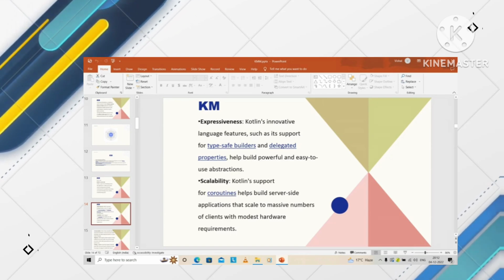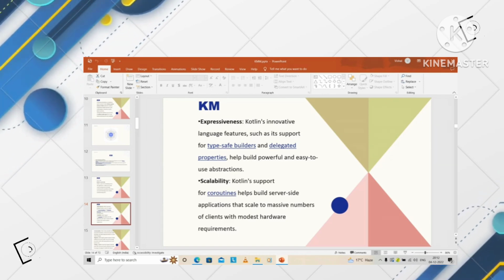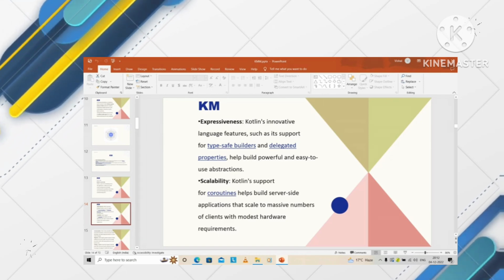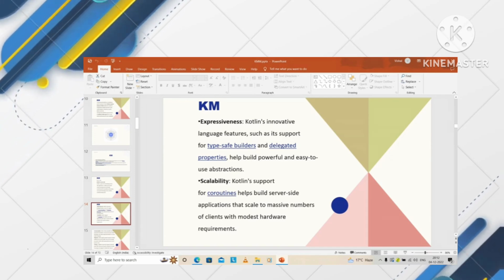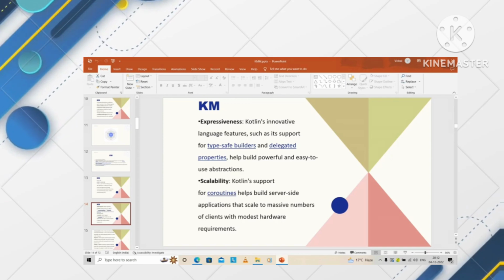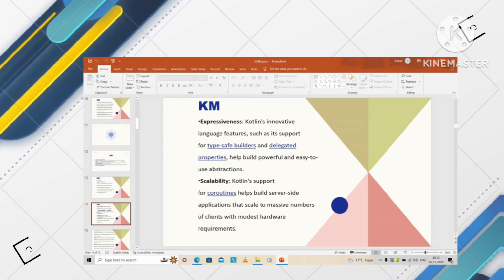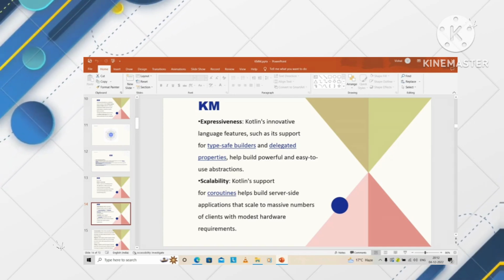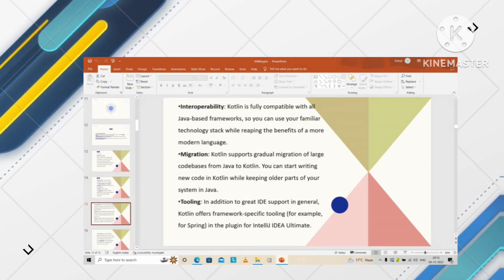So that means we have already worked with coroutines, which help build server-side applications that scale to massive numbers. As we have done in our previous sessions, with coroutines we can build APIs in Kotlin and then get the data in Android applications. So that means everywhere we have KM. For that we have some languages we can use for the server side, and we have